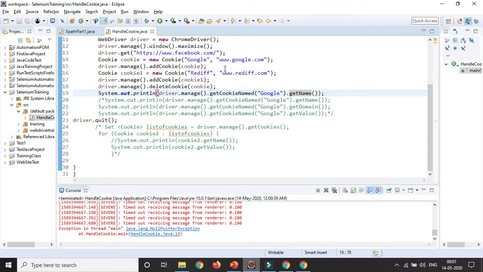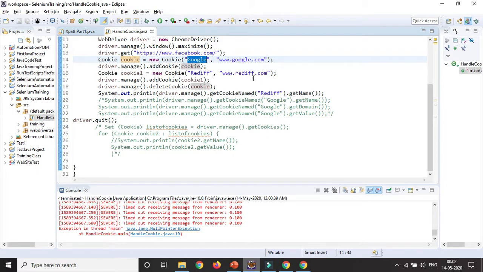Now if you want to get the cookie name through Reddit, obviously it will give you the result and the browser will close, because in this step it will not throw an exception. The null pointer exception was coming after removing the cookie reference. Here we remove the cookie, but obviously cookie one will still be there. So you can get the name Reddit, because the cookie that is getting deleted is the one whose name was stored as Google.